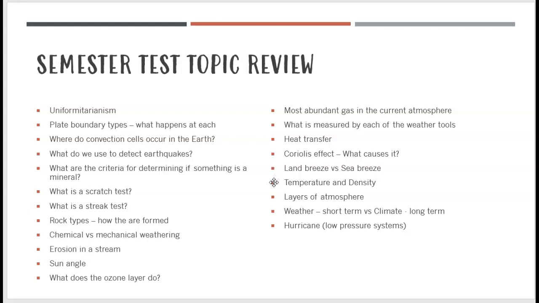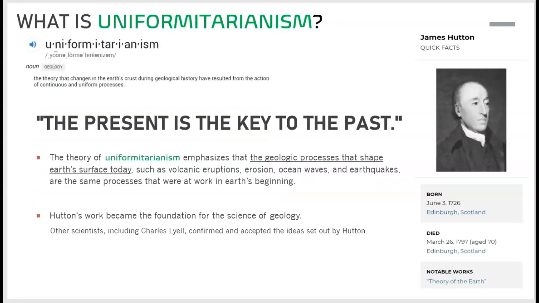Look at the definitions of temperature and density, the layers of the atmosphere, and that kind of goes back here to the ozone layer. So we'll look at what those layers are called. And then we'll discuss the difference between weather and climate, weather being the short-term changes or short-term events and climate being long-term, and then look at some severe weather examples, specifically hurricanes, and how they have a lot of low-pressure systems. So let's jump into it and see how much we can get through in the first part of our